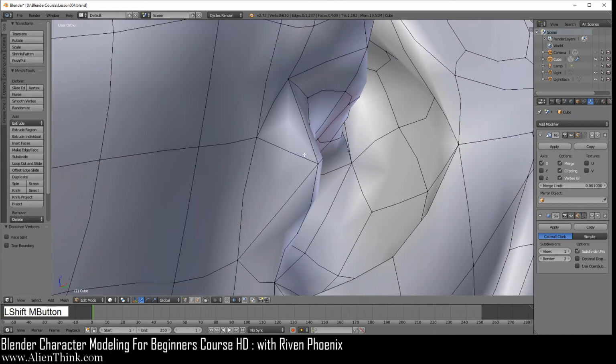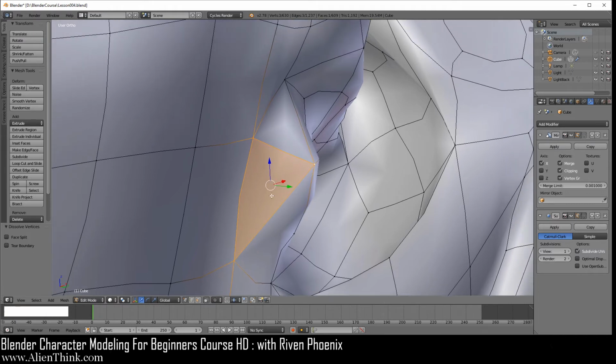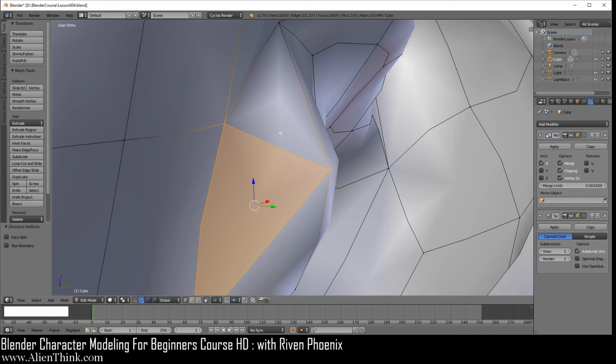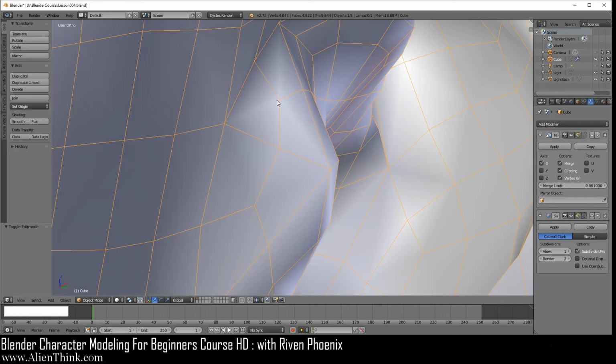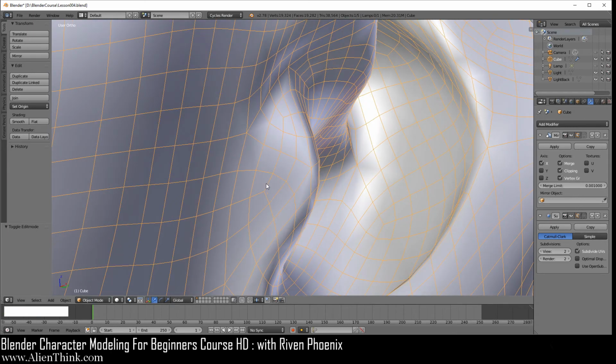So now what's happened here is that we've got a triangle. But remember, in the back of our mind, we know that this triangle really is not a big deal to us because we're using the subdivision surface. We know for a fact that the underlying structure is going to be a quad. So now, if I press Tab, look in this area over here. You can see that what Blender did was automatically fix this area for us with a quad. Okay? And if we increase this, you can see that everything's back to normal.